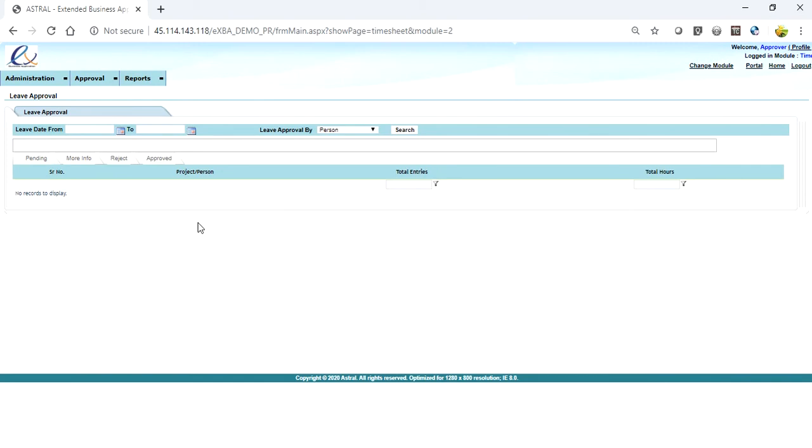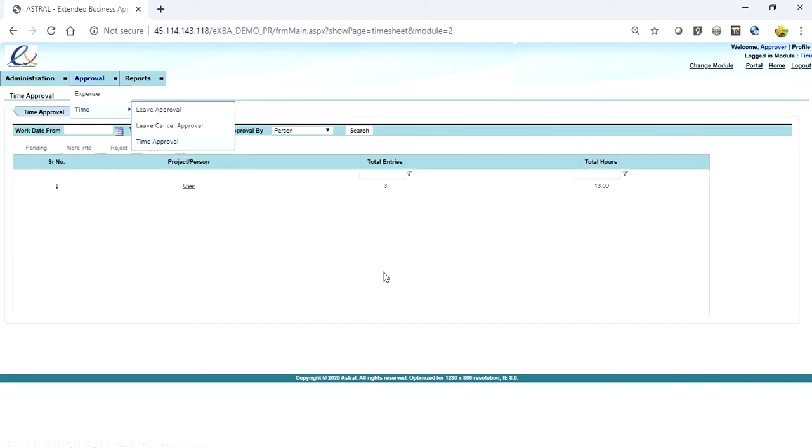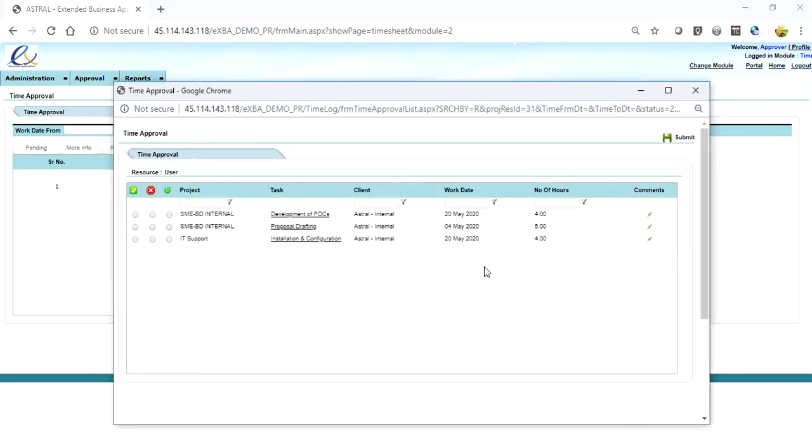Once he submits it, those entries go out of his bucket. So now the entries have been saved and action has been taken on them. So we will just go to the time approval where we have created 3 entries. In this also similar actions are available, like he can either approve all, he can approve 2 and reject 1, or he can approve 1, reject 1 and send 1 entry for more information.